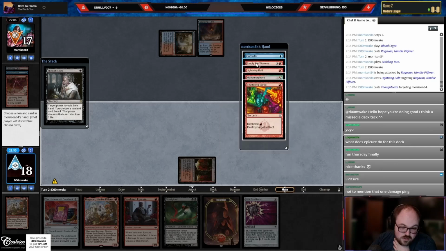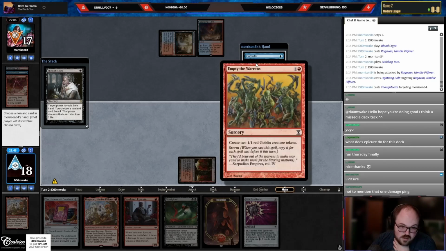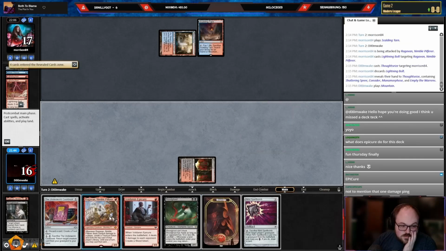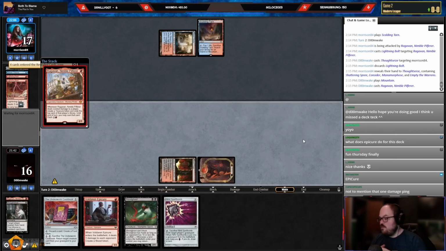I mean, they have to draw what? They have to draw 2 rituals to cast the empty. It's not very likely. Let's take the Bolt, actually. This might be a little greedy, but...